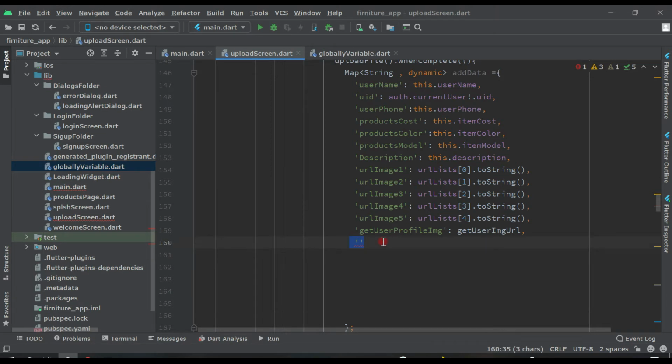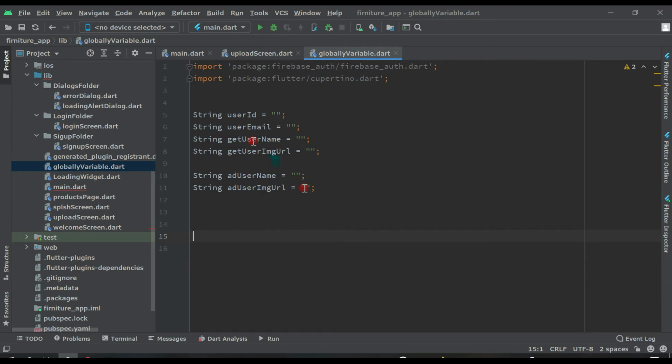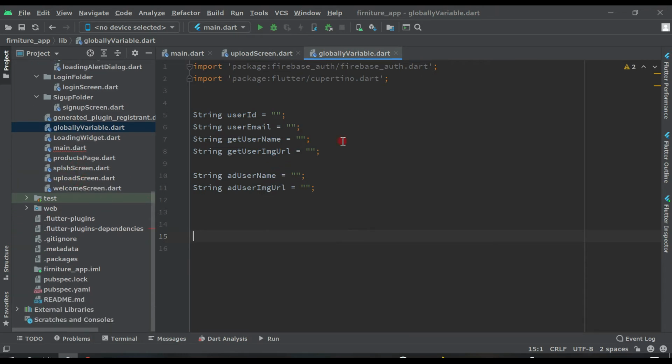Now before creating the next variables, I mean to get the next data, we have to create some variables. So come here in the global variables, you can find your screen here. So I am opening the global variable file here. After this we have to declare some variables.